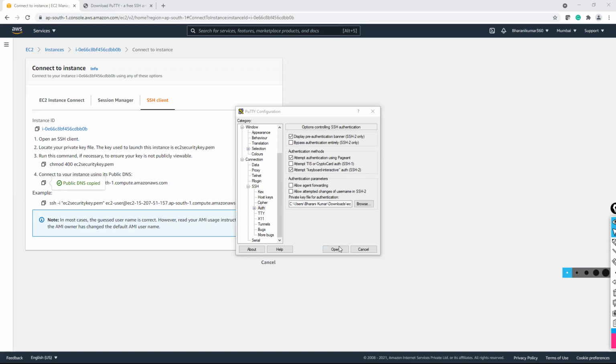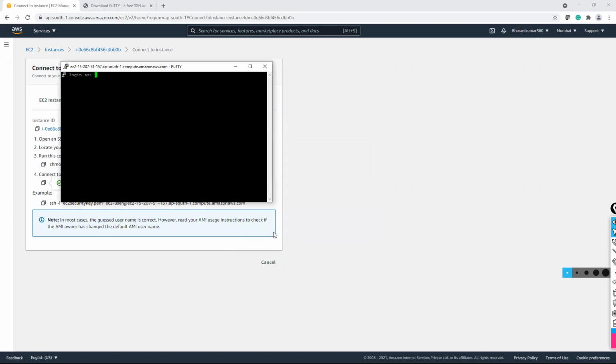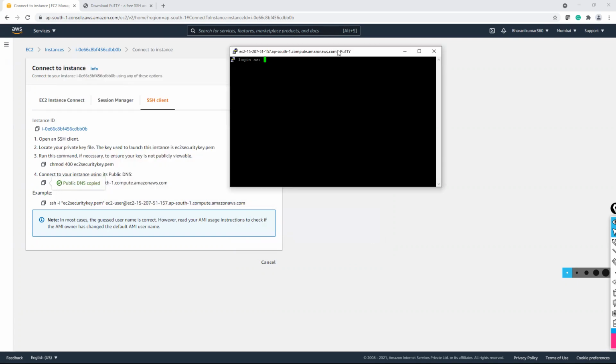Done everyone, right? So let us open. PuTTY security alert, right? You might be getting this, just say yes. No, I didn't get this part. I got the other one. A different message. Okay. Now log in as EC2-user.